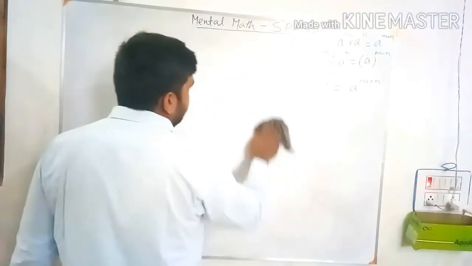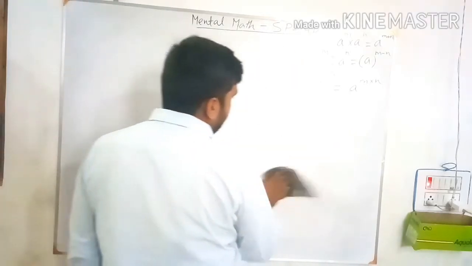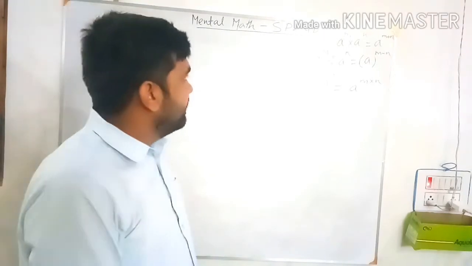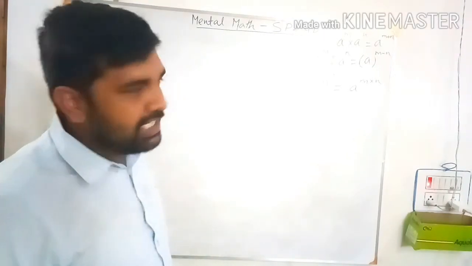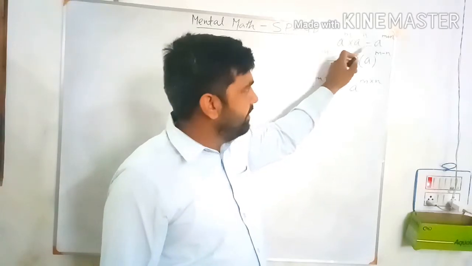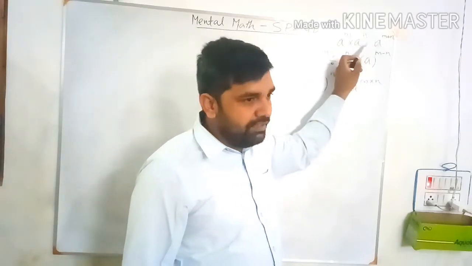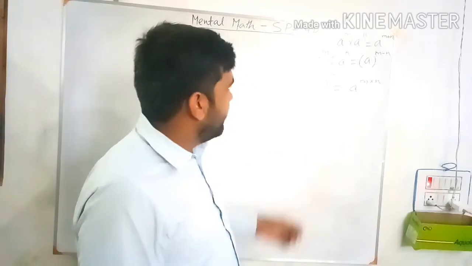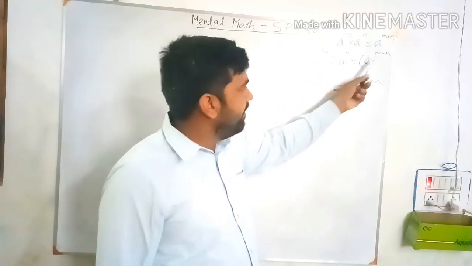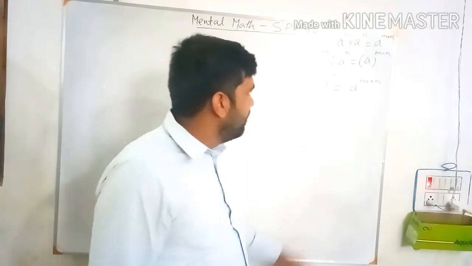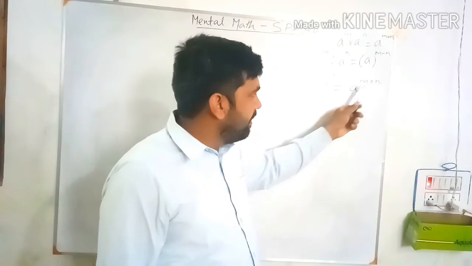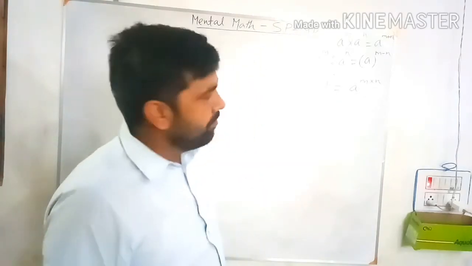Now before I start this lesson, solve the question 5 and 6. See these three laws of the exponent. First is the product law. A to the power m multiply a to the power n gives a to the power m plus n. We take the base common. Second law is the quotient law. A to the power m divided by a to the power n gives a to the power m minus n. That is the quotient law. Third is a to the power m to whole to the power n gives a to the power m into n. That is the power law.